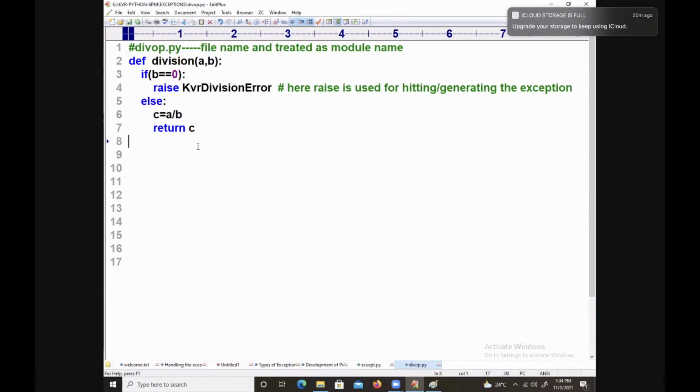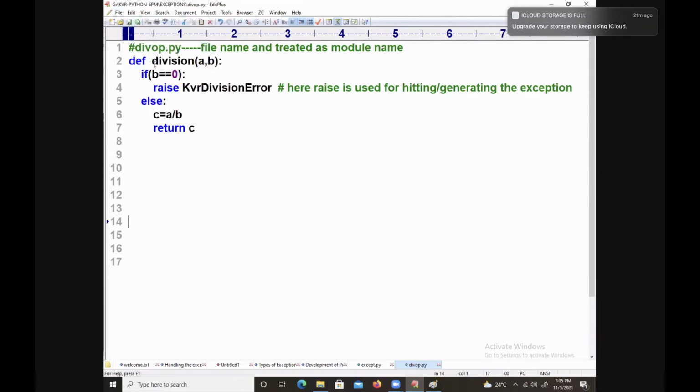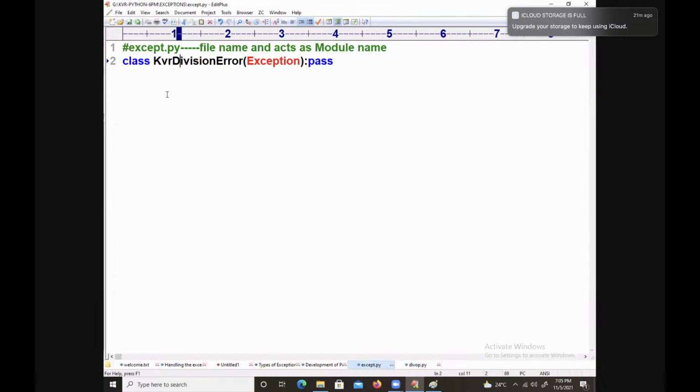Is it okay? Now I will move to the next part of the discussion. So let's go to the main program. See how many things here. A function using exception. The previous one is called what? Development of exception.